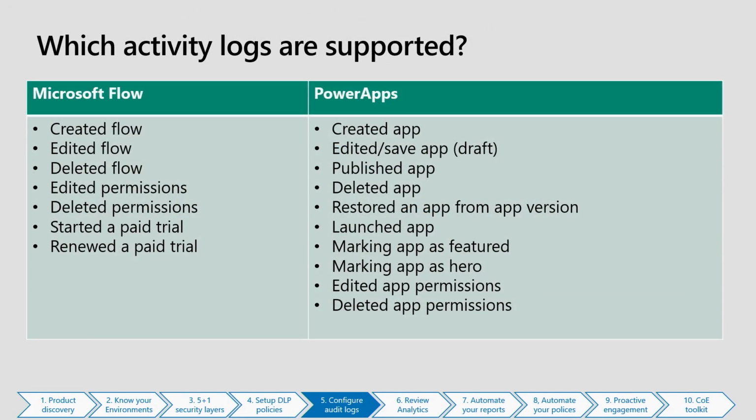And what we do for Flow is we emit all of the CRUD Flow events around Flow assets being created, as well as the permissions for Flow. So if you're changing the Flow owners, an event is emitted in that case. And then for PowerApps, similarly, when an app is created or deleted, or if those permissions or metadata are changed, and for PowerApps, we also send an event when an app is launched. And so these are super powerful because not only can you trigger off that, you can query and look back to see what people have done, but you can also pipe that data into your own reporting system if you want through those APIs.